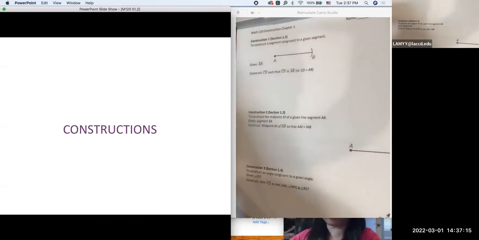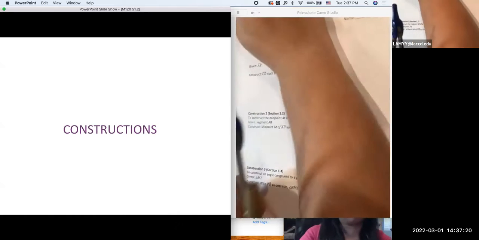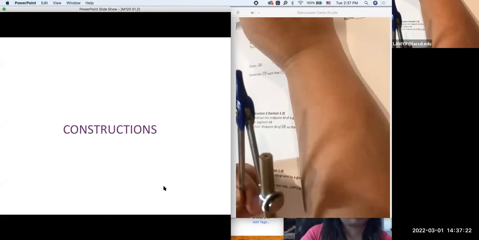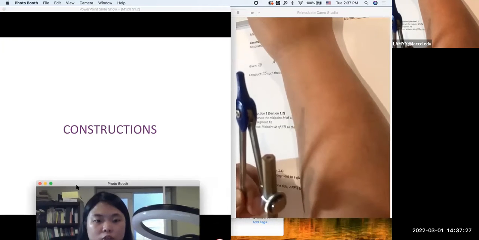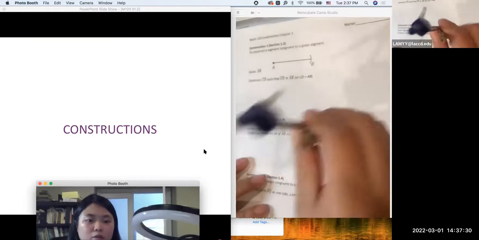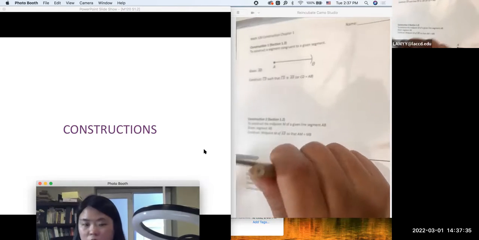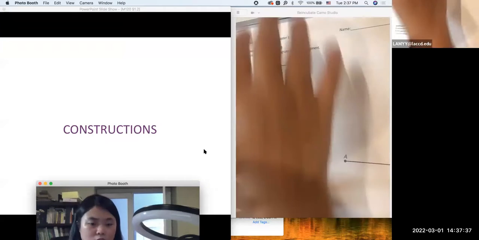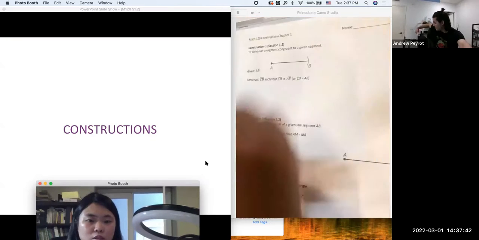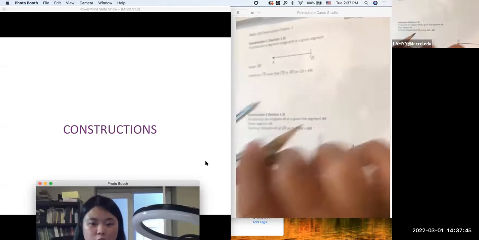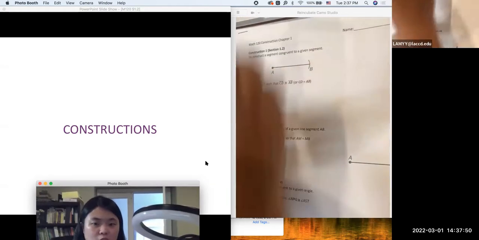You guys have everything ready? Okay, maybe I'll show that here. You guys see my paper? Good, you can see the picture. Okay, and let me know if I move the camera or something. I try to set up this way so you guys can see what I'm doing here. So the first one,